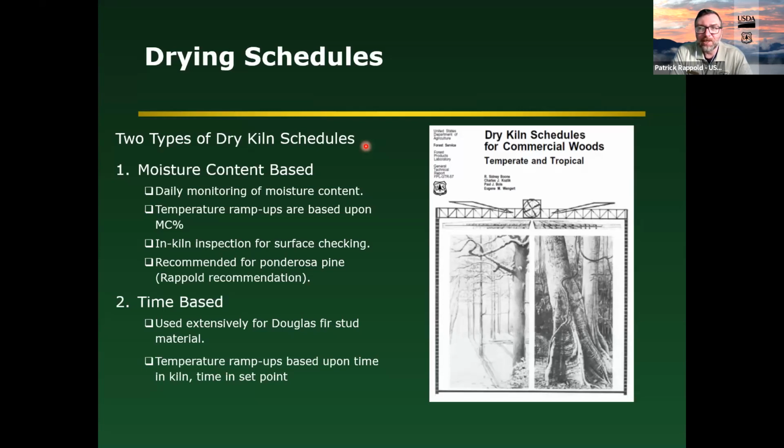And so typically the time-based schedules are used for Douglas fir, your eastern spruces and your pines, your spruce-pine-fir timber classifications. I have seen one dry kiln in Arizona use a time-based schedule. I don't know if it was a true time-based schedule, but they had it laid out that way because they knew their dry kiln and their product so well that they could essentially go from a moisture content based schedule to a